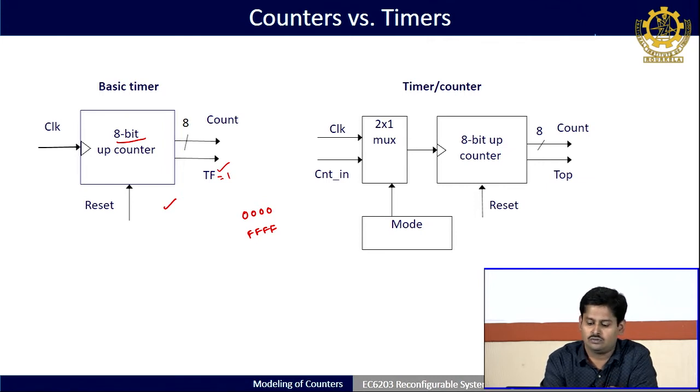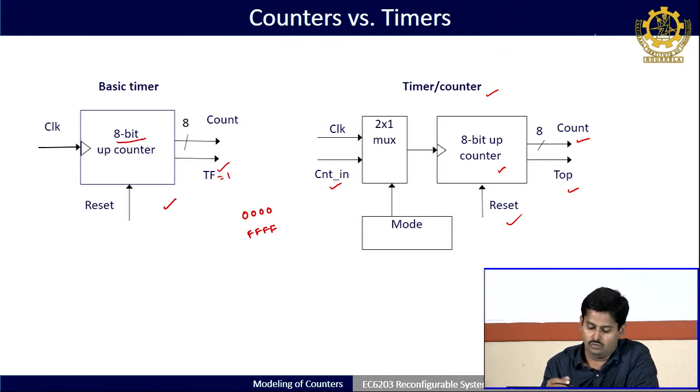Understood? Okay. So, similarly, if you see the timer on the right side, what we have done is I have taken the same 8-bit up counter, all of these are the same. Reset is there to make the output 0; if it is an active high reset, then you can reset it to 0. Okay. So, instead of that, what we can do is, at the input, instead of connecting the clock directly, we have taken a 2:1 mux. Okay. And then one of the inputs is clock, and the other input is count_in, that is the number of events. Here count_in indicates the number of events.